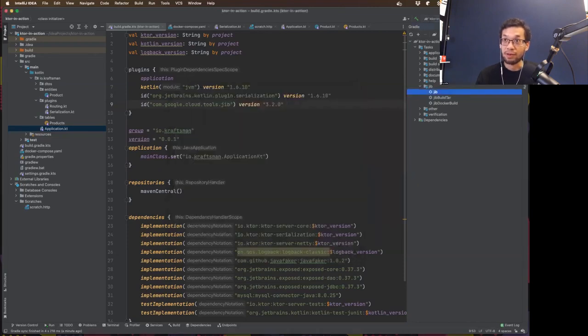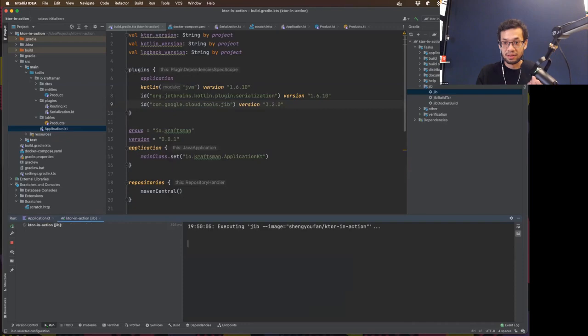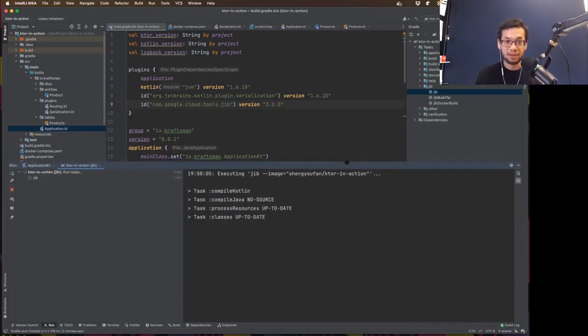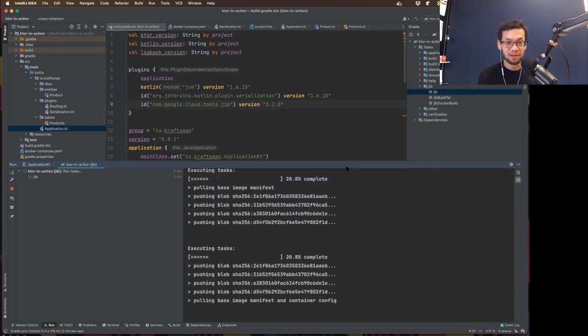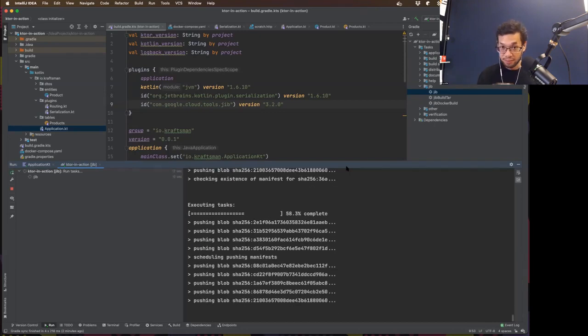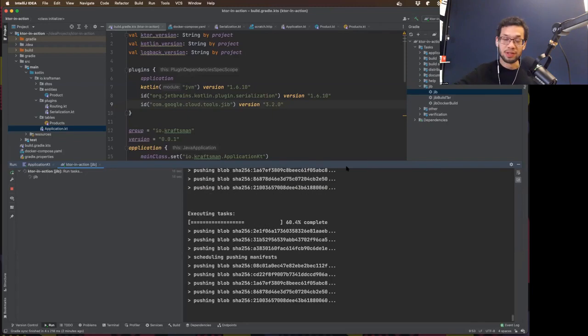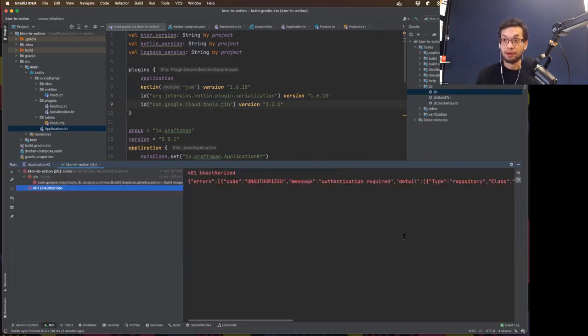Okay, then we will run this Gradle task. You can see that after the Gradle run, it will compile your Ktor application and try to pack it using a Docker image. And after the image was successfully built, it will